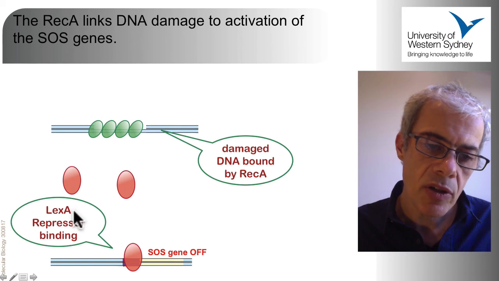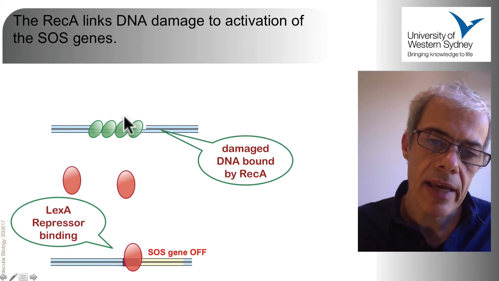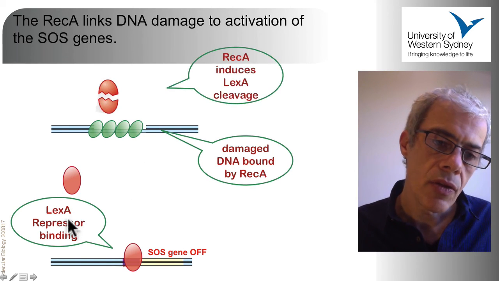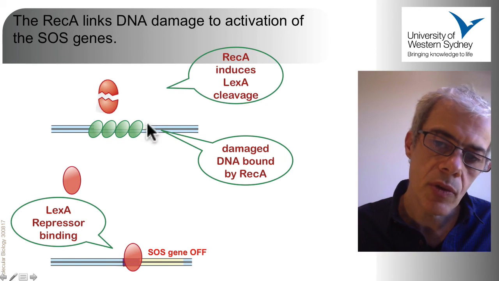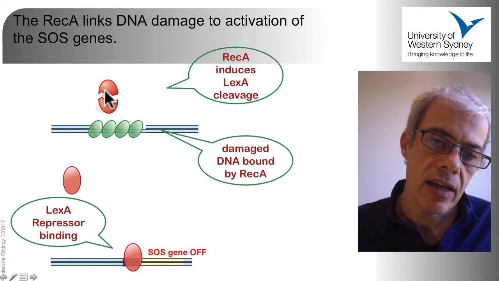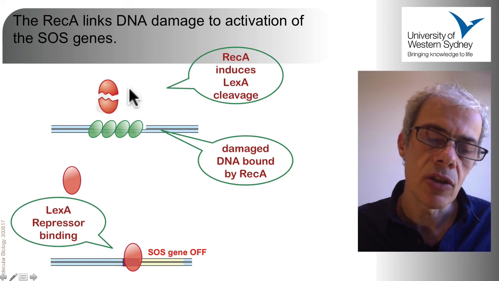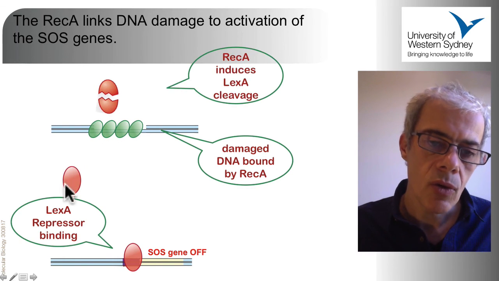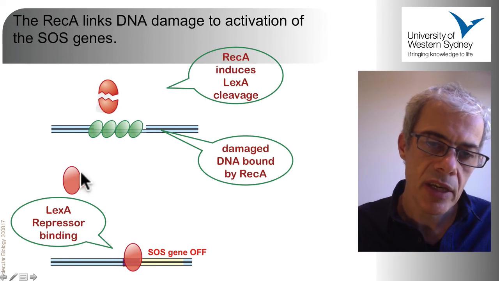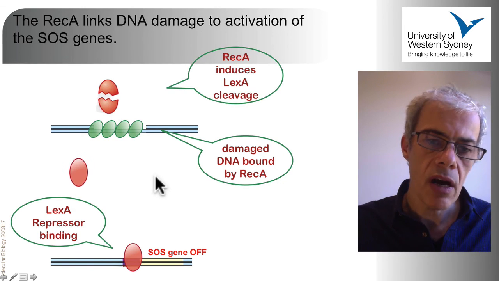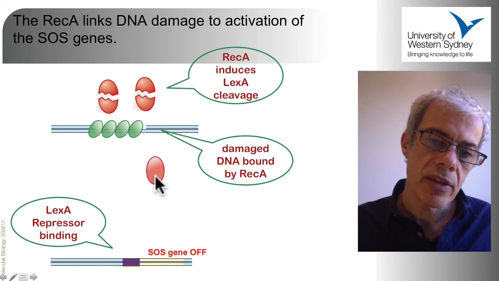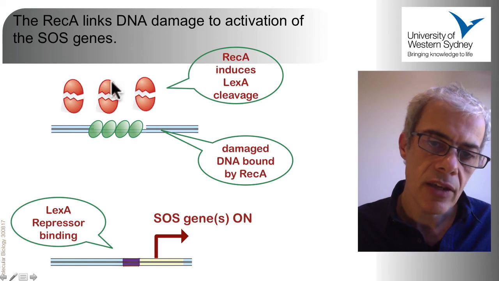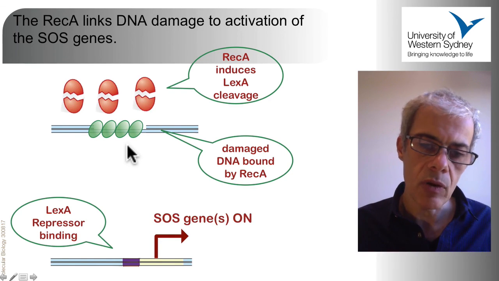So the LexA protein can come into contact with the RecA bound to damaged DNA. So every now and again, these LexA proteins bump into the RecA, and that causes the RecA protein to induce its own cleavage. So effectively, this structure here causes the free version of the repressor to be degraded. So over time, these repressors, rather than binding to only the promoter, get degraded because there's this on-off movement